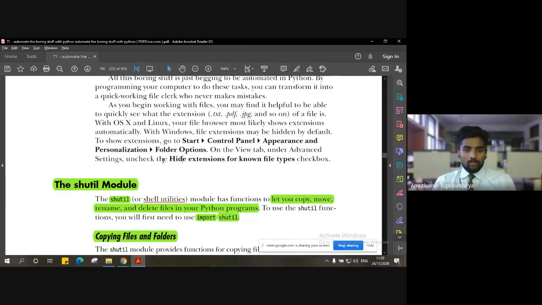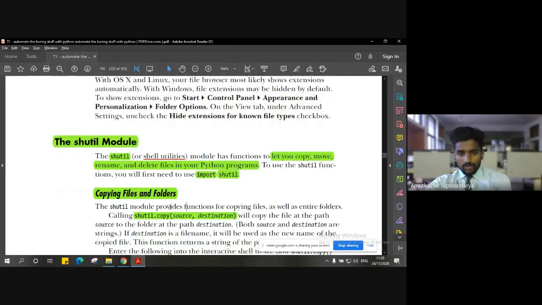So everything in these operations, we can make a Python program to do these things. In order to do these operations, you have to import a very important module, that is shutil, that is shell utilities. Once you import that, your program becomes eligible to perform these operations. If you go directly to the instructions, you might get an error that such and such method or function does not exist or is not valid, because you must not have imported that module.